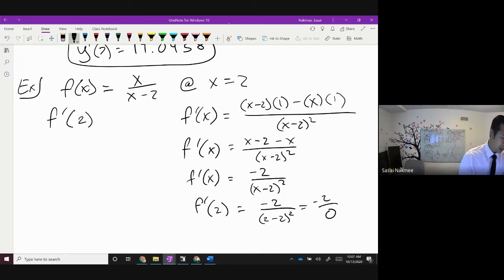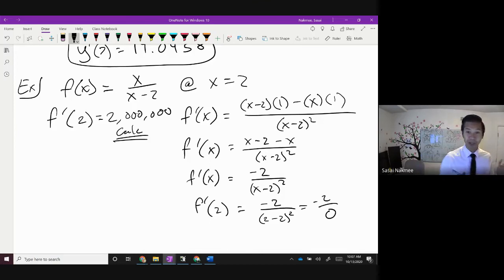The calculator, this is what I mean. The calculator is a nice tool, but sometimes you need to understand that the calculator doesn't know how to do everything for you. We got the derivative to be equal to 2 million. That is not the case, actually. That's what the calculator says. Sometimes it gives you a number, it gives you an answer. But what you should have spotted and said here is that f prime at x equals 2,